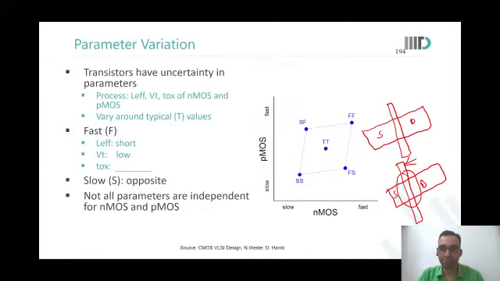But sir, if you decrease VT, then you are also increasing the sub-threshold conduction, right? Yes, that is happening, but my device is fast, because the on current is more. So that is what you are trying to find out: how will the device become fast? All these things will lead to a fast device. On the other side, larger length, high VT, and thicker gate oxide would lead to a slow device.